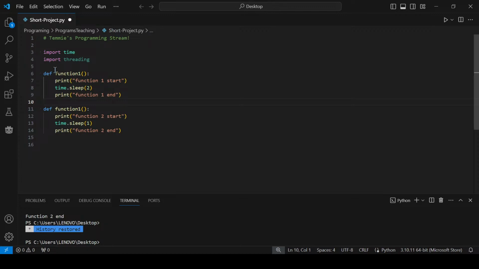Clearly we can see that we have two functions, which is function 1 and function 2. So function 1 will start off, it'll wait 2 seconds, and it'll end. Function 2 starts off, waits 1 second, and ends. Now if I run them simultaneously, so if I do function 1, and then I do function 2, you will see that function 2 should end first since it only has a 1 second delay, and then function 1 will end because it has a 2 second delay. And if we run this,